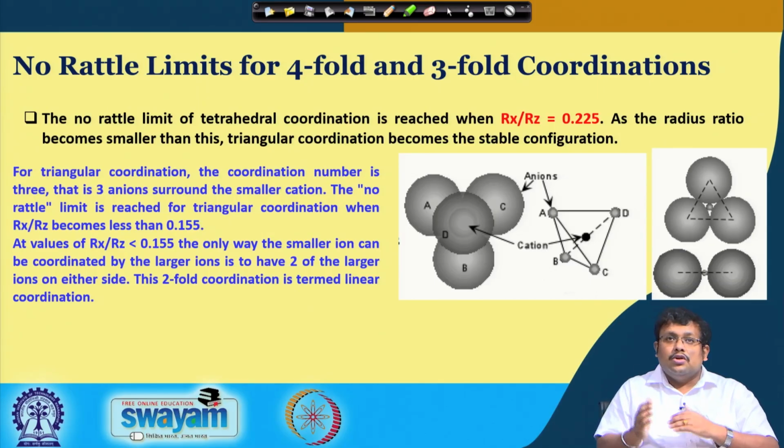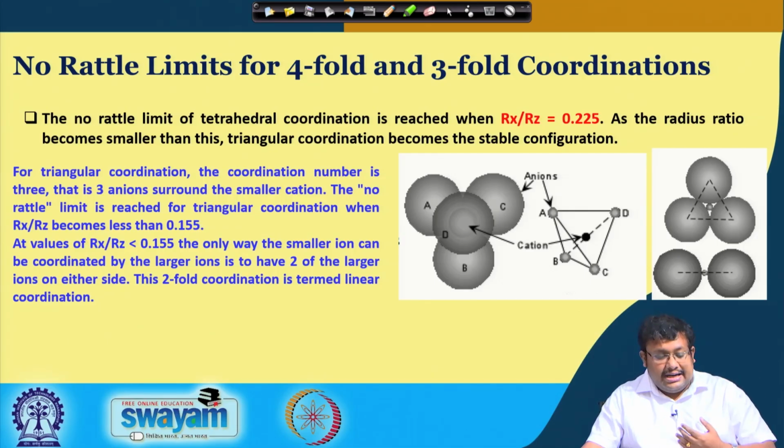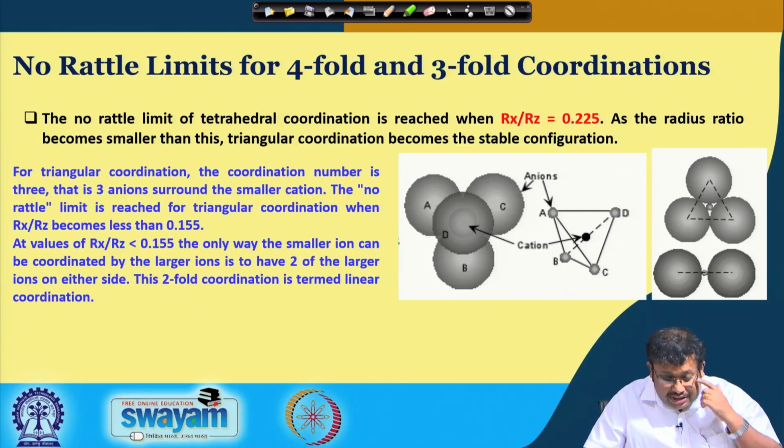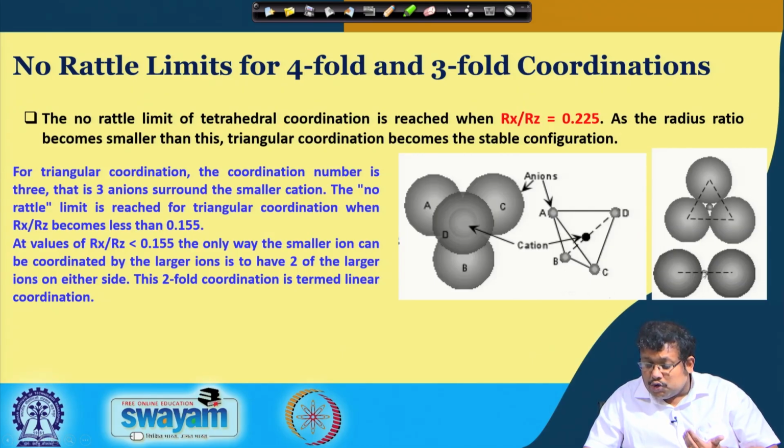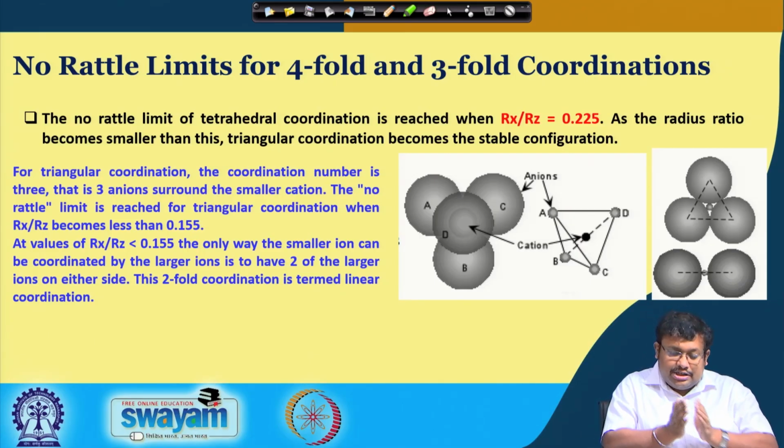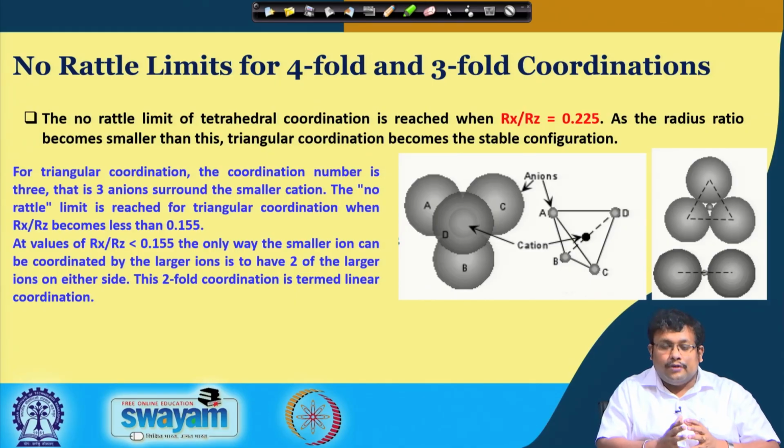So, if the radius ratio goes below 0.155, then the only way the smaller ion can be coordinated is with a linear kind of combination. What do we mean by a linear kind of combination? That means the 2 larger anions will be on the 2 sides of the cation. So, this is called the 2-fold coordination, also known as the linear coordination. As you can see, from the 8-fold coordination to 6-fold to 4-fold to 3-fold to 2-fold coordination, we are continuously changing based on the reducing radius ratio, or in other terms by reducing the size of the